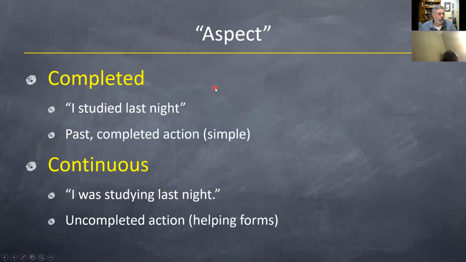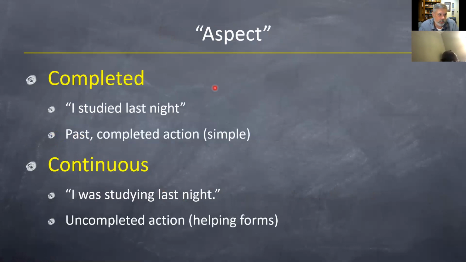Aspect. Aspect is something we struggle with in understanding or using in English. But basically, aspect is sort of giving a picture of not the time itself, but the process in the time. It can be a completed aspect. I studied last night. Well, it's something I completed, and it tells me that it was done, but I don't know if I spent 5 minutes or 20 minutes or the entire night. It just says I studied last night. So it's a completed or undefined action, often called